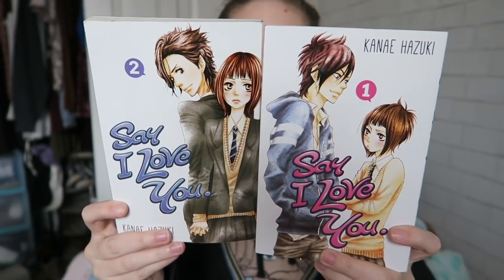It's a really cute love story. It's called Say I Love You, and someone was selling both of these for I think $5 on Mercari. So I went ahead and picked up volumes 1 and 2. This is what they look like. So cute. If you want a really cute anime love story, either watch the anime or pick these up,